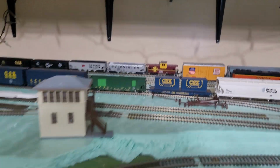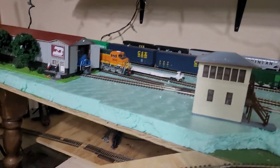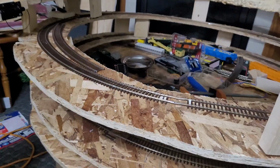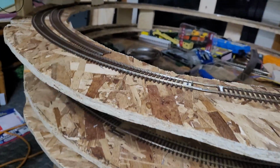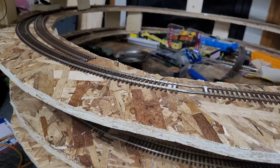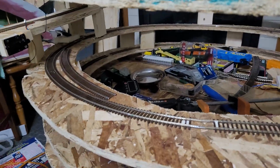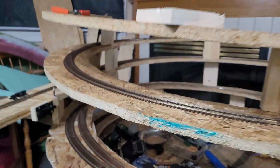Next biggest little tweak is the old helix, the lower levels of the helix. This thing was having some issues. I haven't tested it out yet, but this was having some issues around the joints. It would keep derailing, but we're going to get to the next big thing, which is we added up the